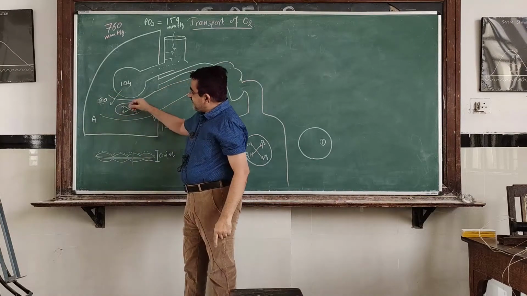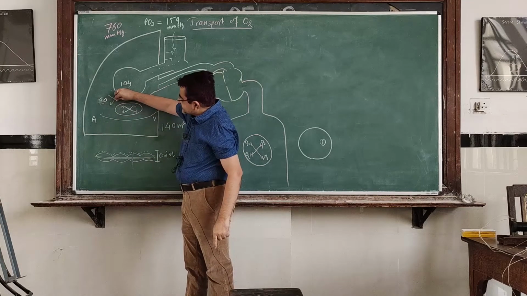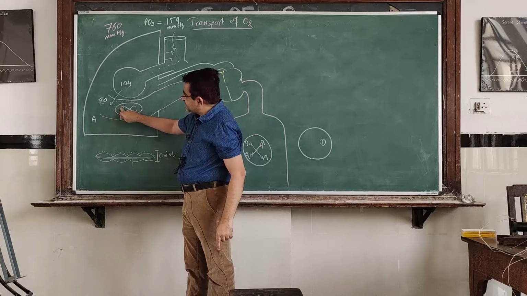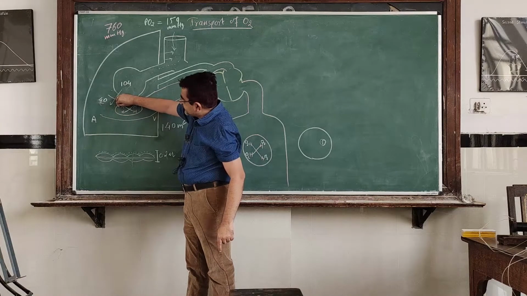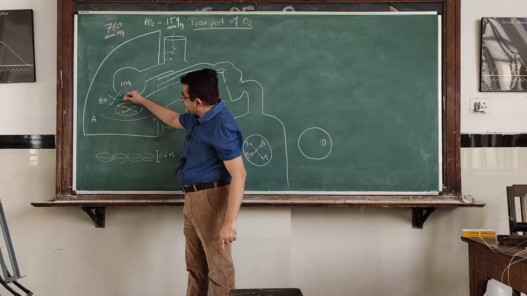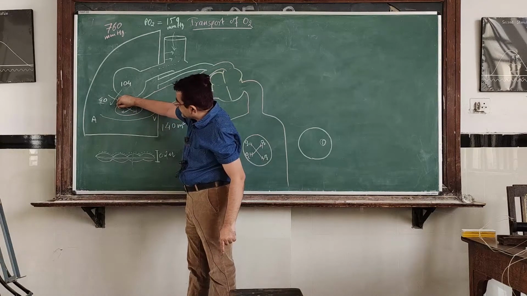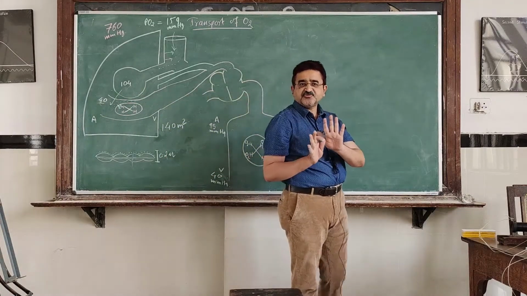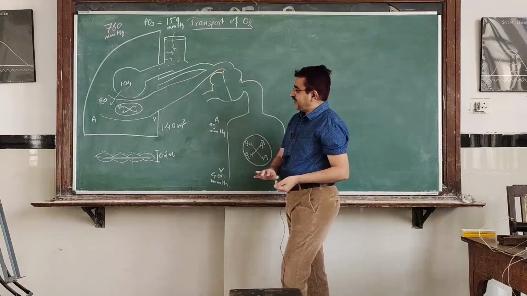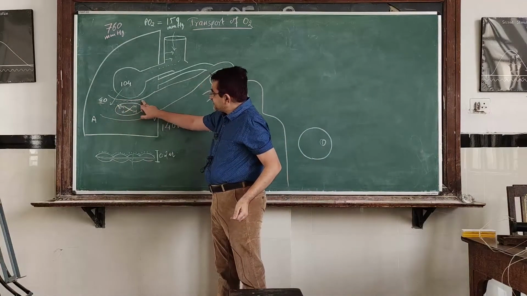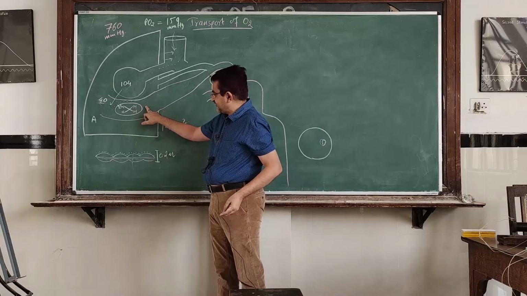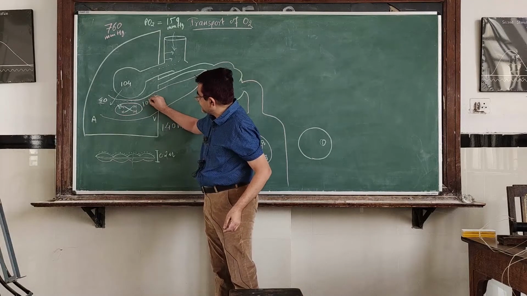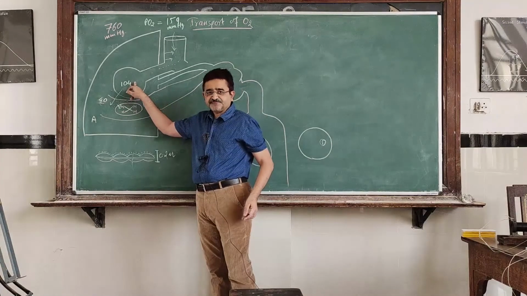As the oxygen enters the blood, some of the oxygen is dissolved into the plasma. But the majority of the oxygen enters the RBC and combines with the heme portion of hemoglobin, forming oxyhemoglobin. By the time the blood reaches the venous end of the pulmonary capillary, the partial pressure of oxygen has increased to 104 millimeter of mercury, which is equal to the alveolar pressure.